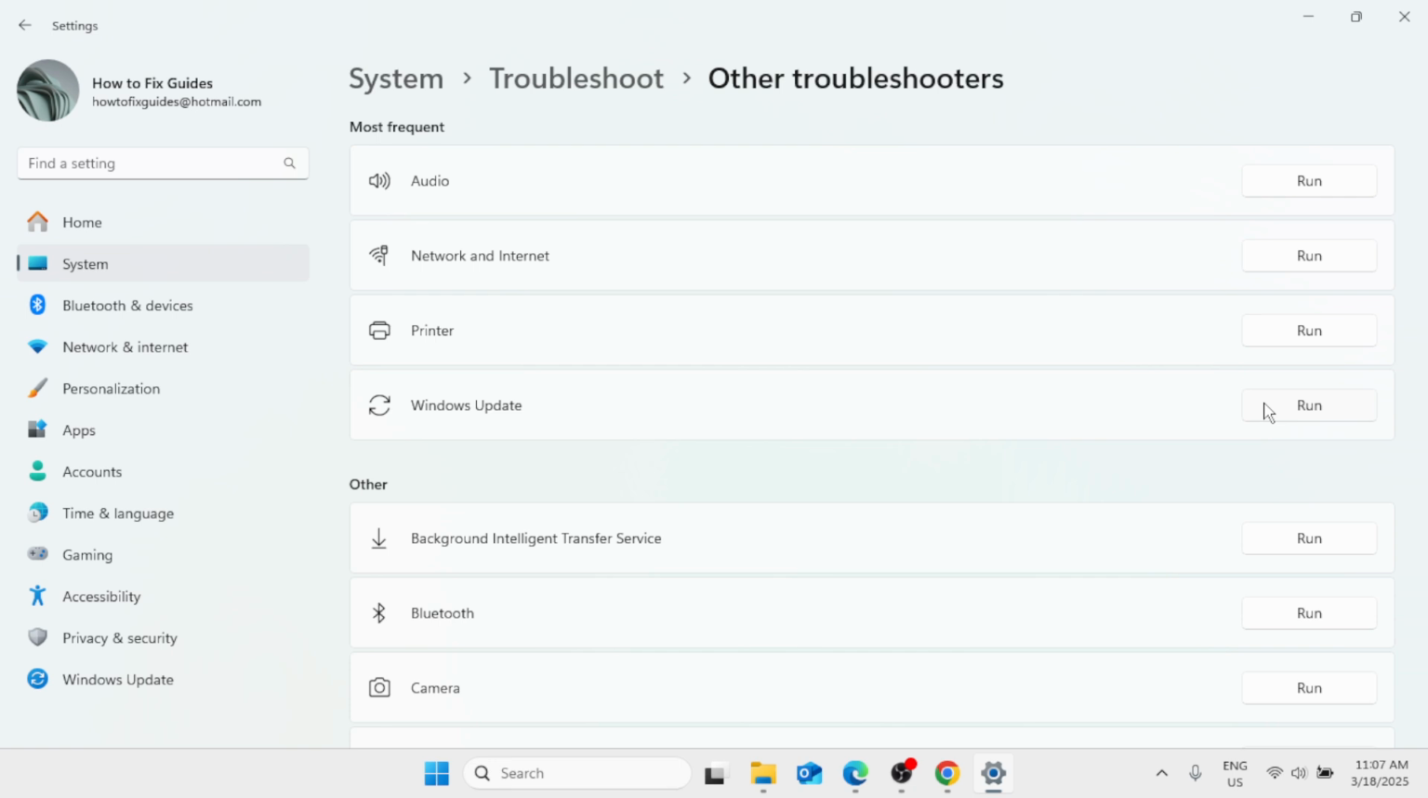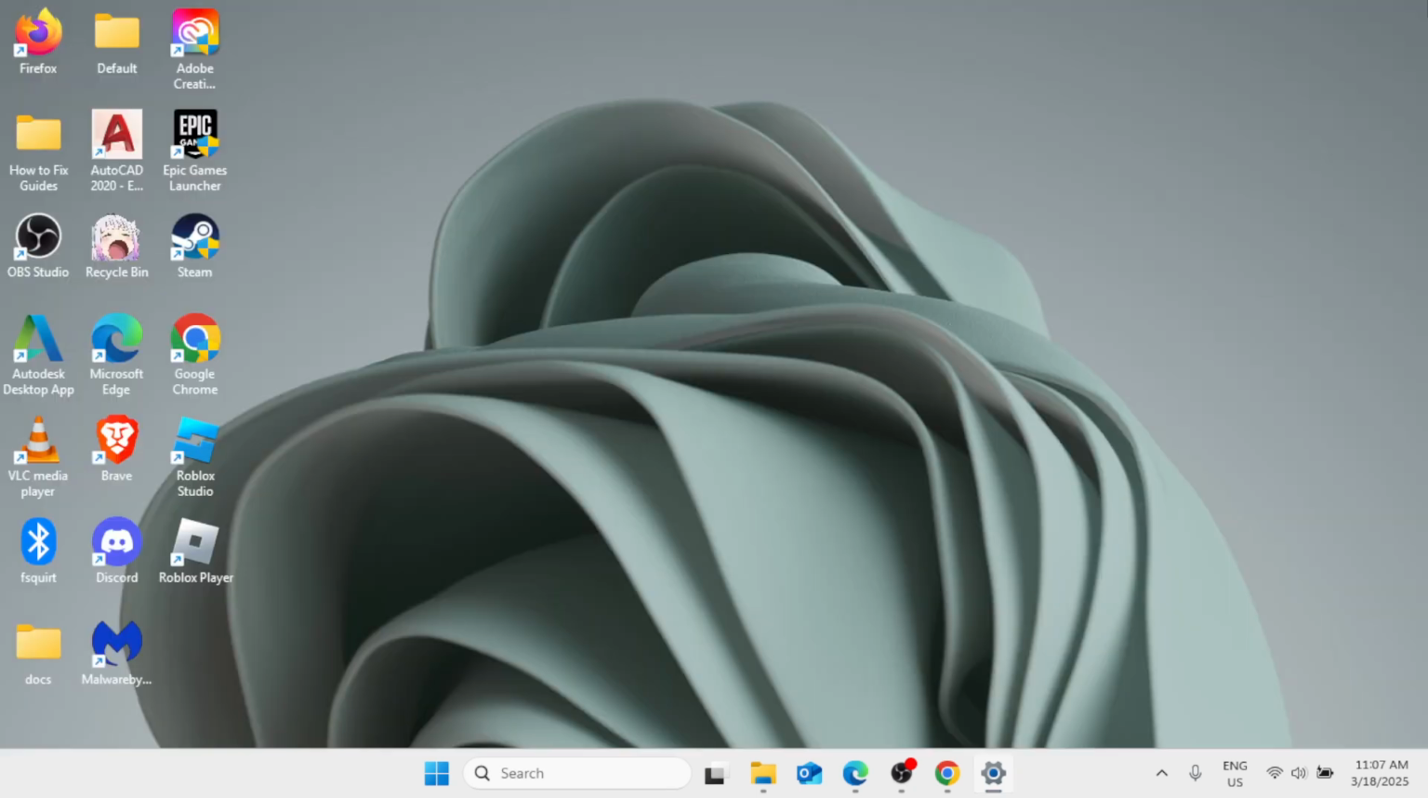Now what this step will do is help you detect and spot the issue that you are facing on your Windows. And aside from that, it will give you suggestions and recommendations on how you can fix the issue. So try to run the Windows Update troubleshooter first, and then for the next method,